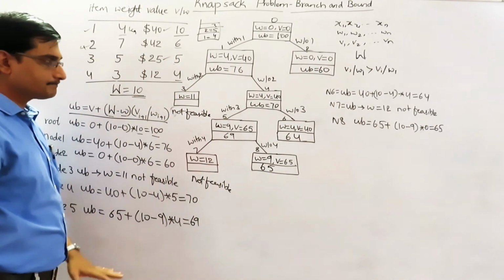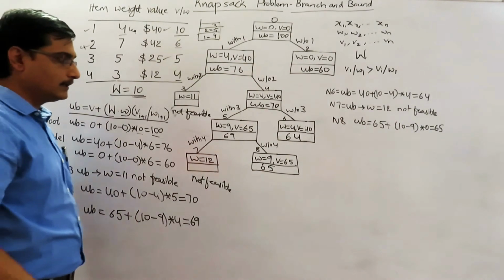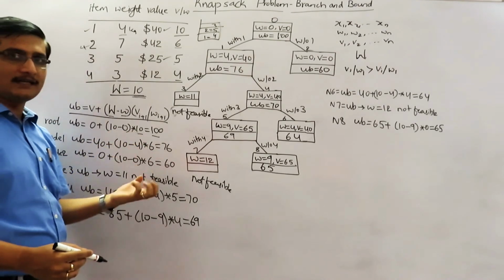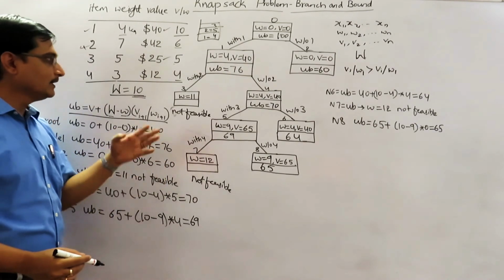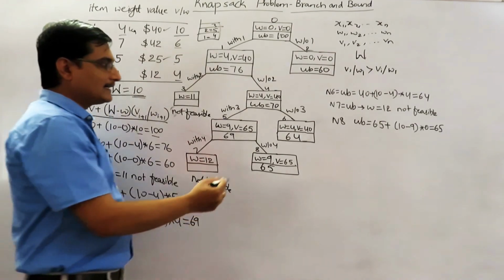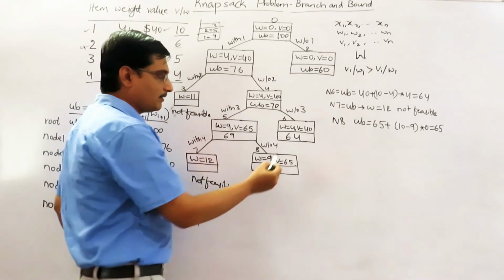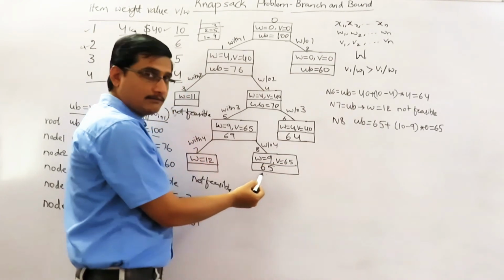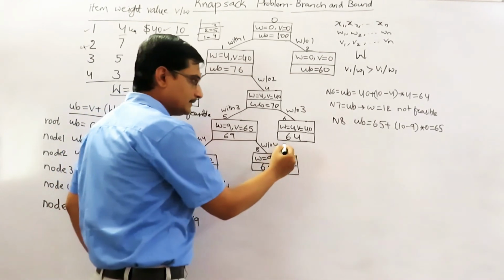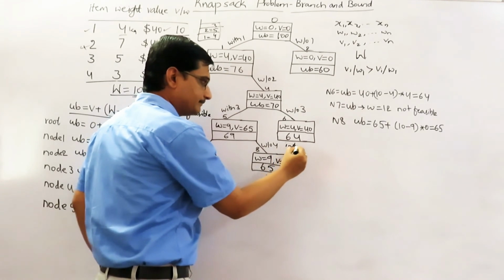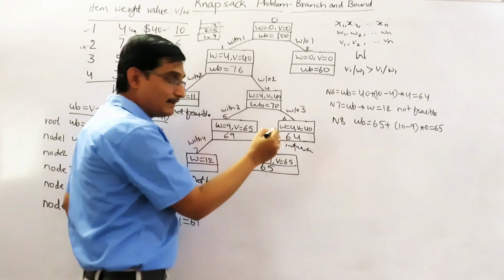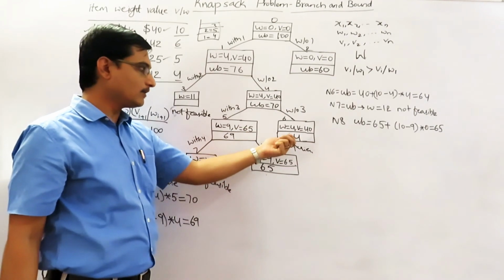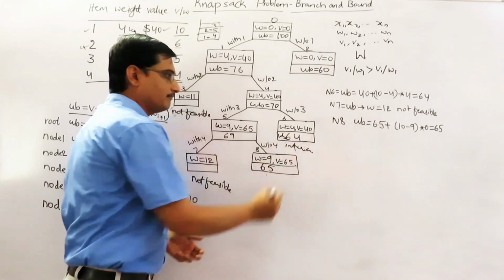See that till now, whatever we have got, we cannot include any more objects because the capacity of the bag is 10 and the already filled weight is 9. We cannot go further. And see that this is a maximization problem. Here we have got 64, which is less than this value of 65, so it is inferior. It was a live node, but now we can terminate here because if we go further, we are not sure that we will get a better solution.